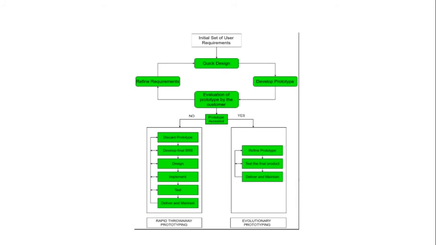If I explain this with the help of a diagram, let's see. Initial set of user requirements, you have it, right? Then this is a prototype development cycle. Quickly design it, develop the prototype, give it to the customer for evaluation, refine the requirements. Keep on repeating this until the customer gets satisfied. Now, if the prototype gets accepted, that means you give it to the customer for evaluation, he is satisfied. So if it is satisfied, yes condition, what will we do if the prototype is accepted?